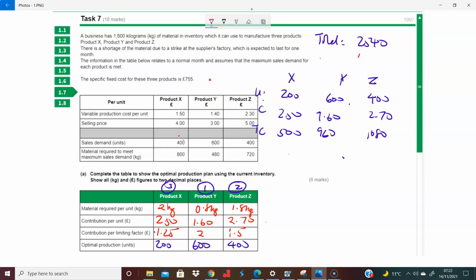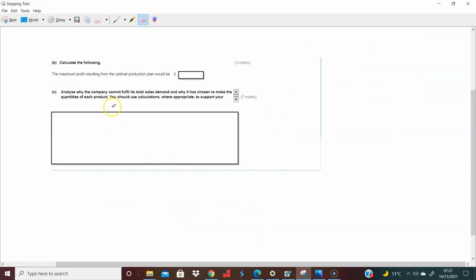You're told you have a fixed cost of 755, and you have an answer of 1785, and that's your answer, 1785. Your profit. Now, the final part of that question goes on to ask us, why can't we fill demand,